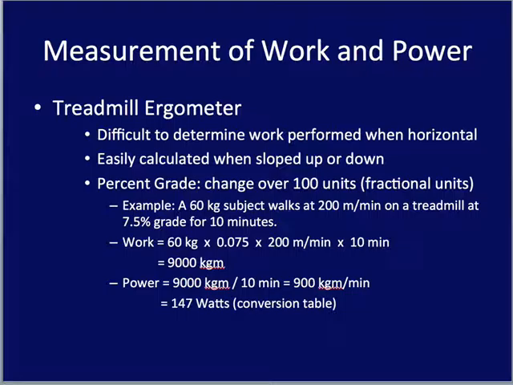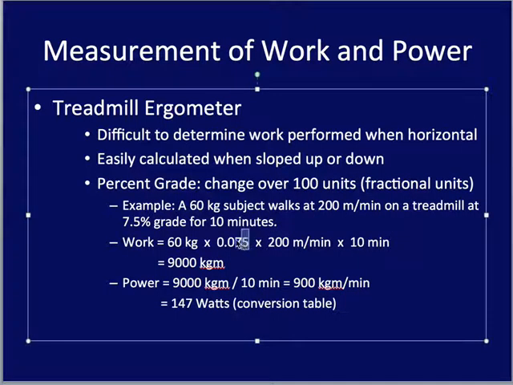So, the work is going to be 60 kilograms times 0.075, and that is our percent grade, times 200 meters per minute times 10. So again, it's still the force times the distance, but we're also correcting for the percent grade. So our work output is 9,000 kilogram meters,